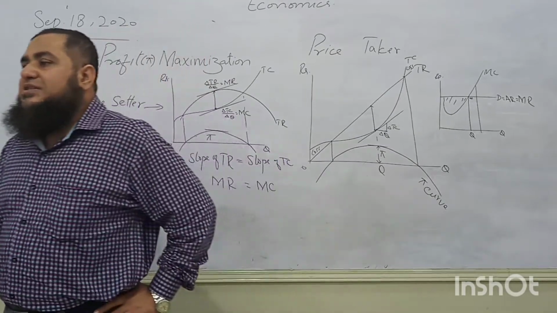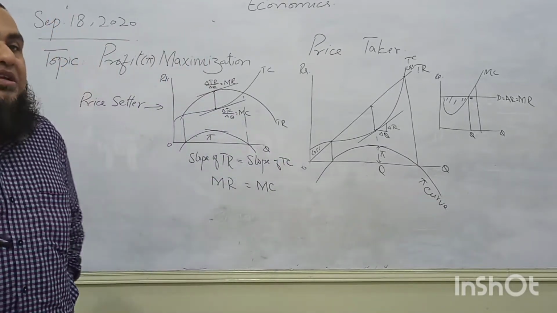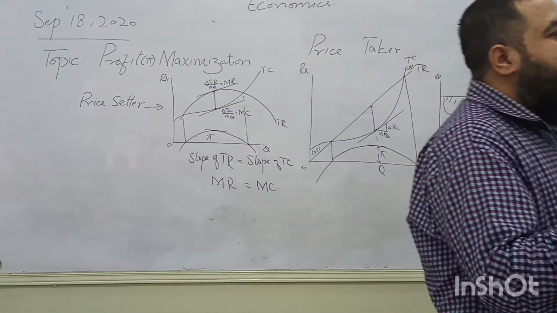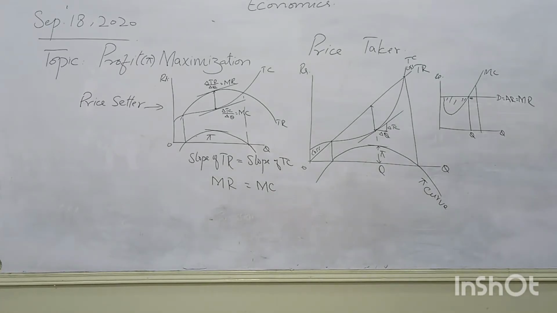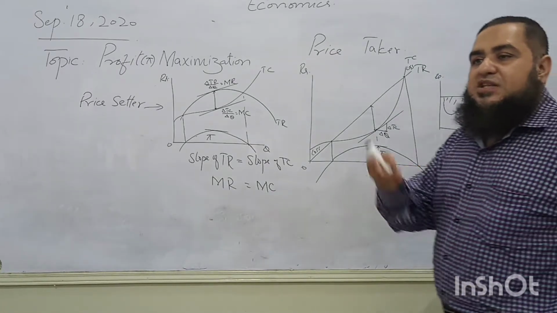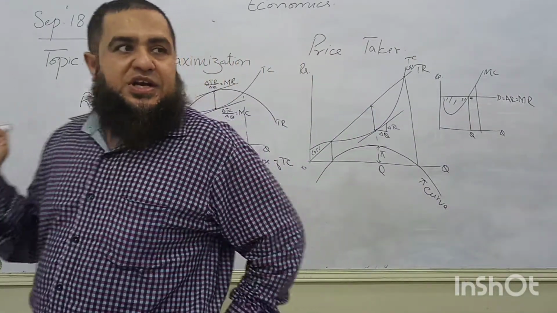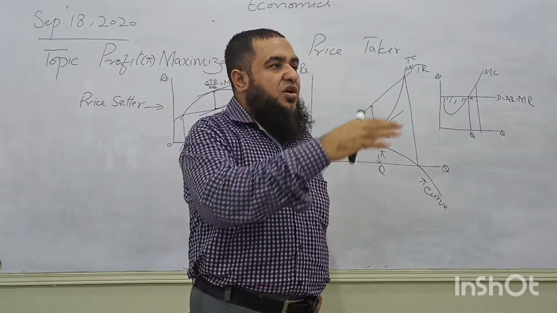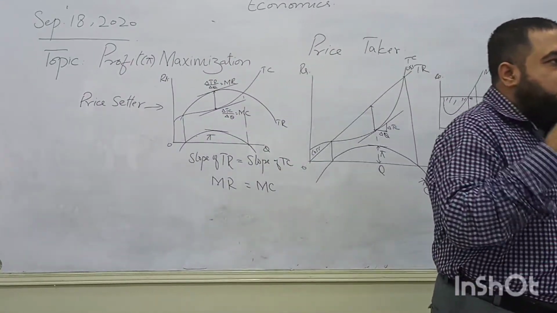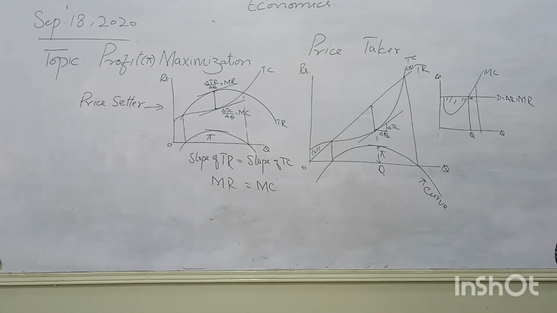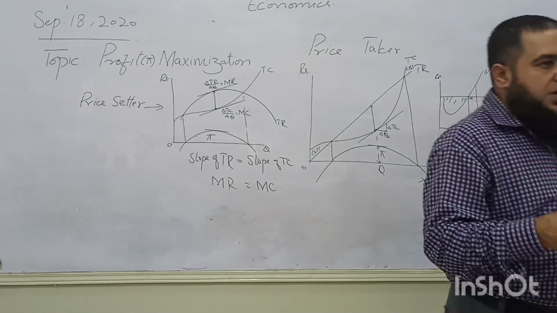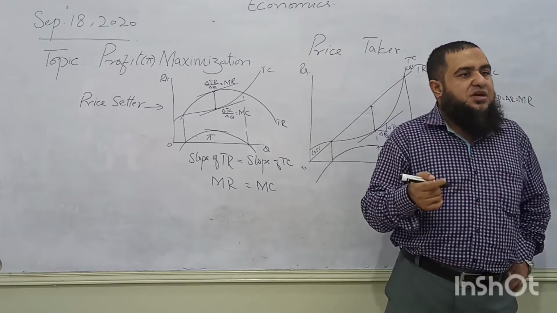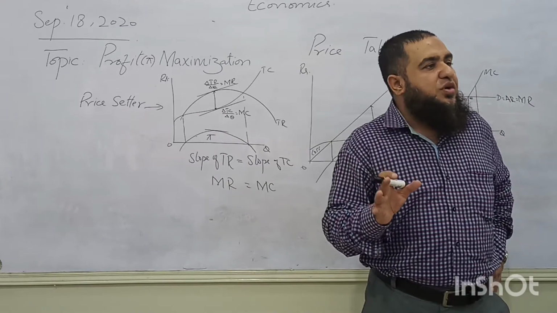If the firm's price is greater than the minimum average variable cost point, then the firm will keep on producing even if it is facing a loss of the fixed cost. Like we have made this premise, its cost has been already paid. Take a school: the price is not covering all the salaries of the teachers and all the running expenses, yet the school keeps on supplying education to the students, because some cost is already paid. If operating cost is not covered, the firm is not going to continue.